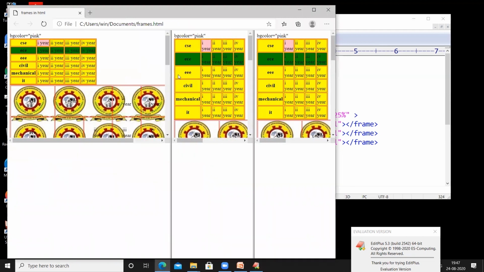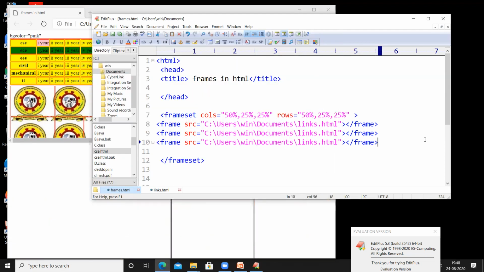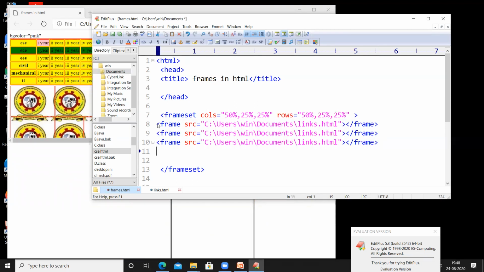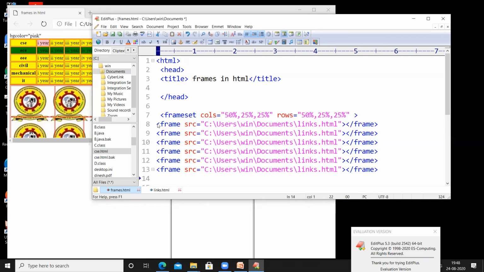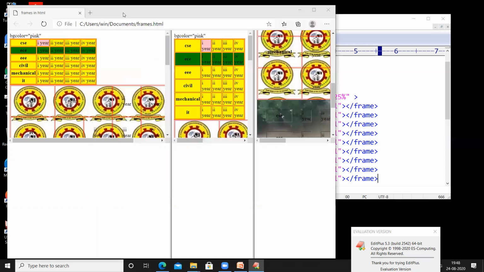So this is the first division, this is the second division, and we can observe, wait for a second. I am going to copy and paste all these things a couple of times so that a total of 9 frames will be displayed in 9 different areas of a web page. Just refresh the page.